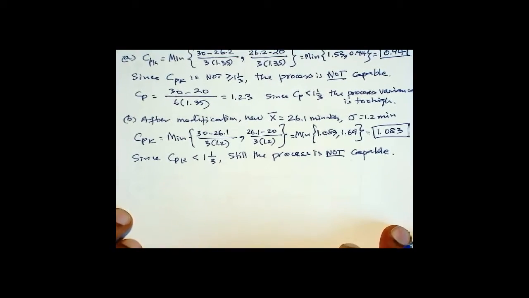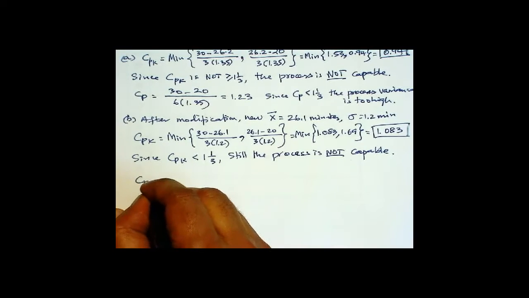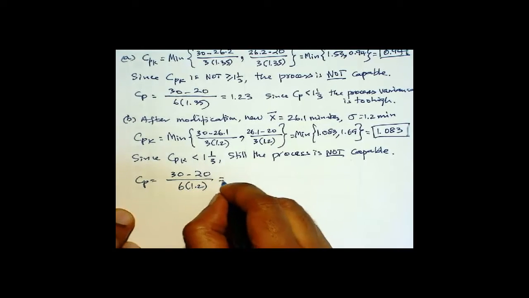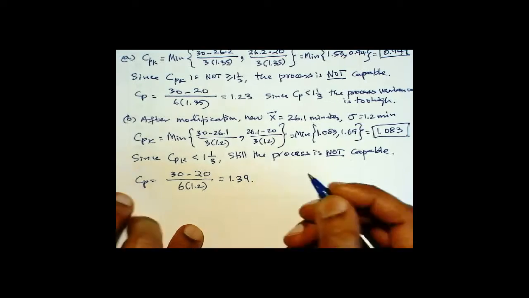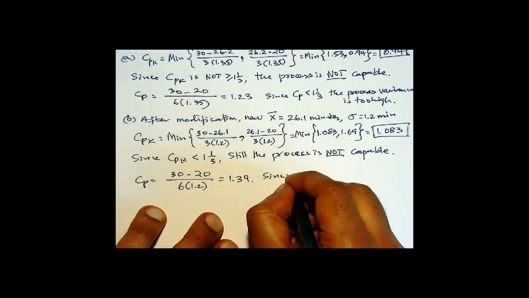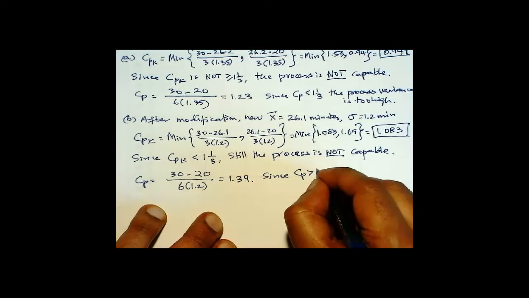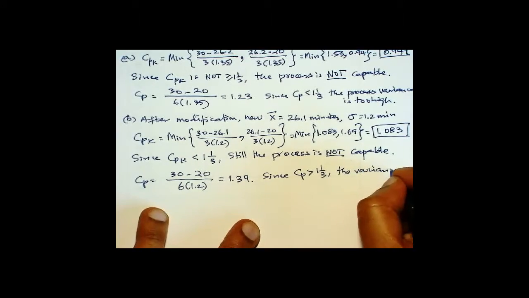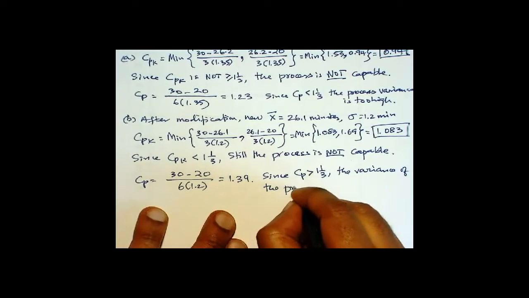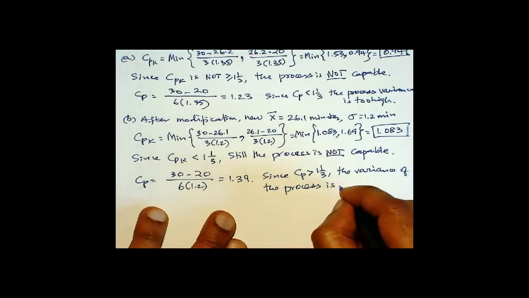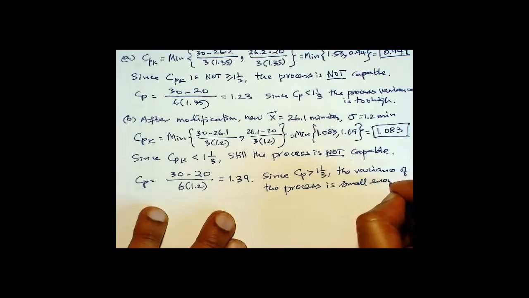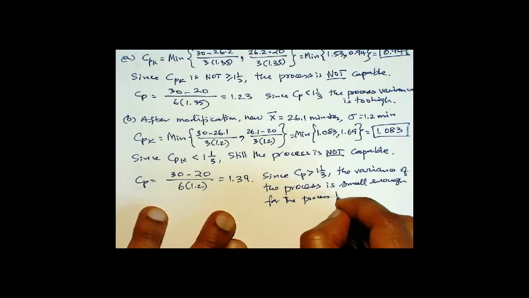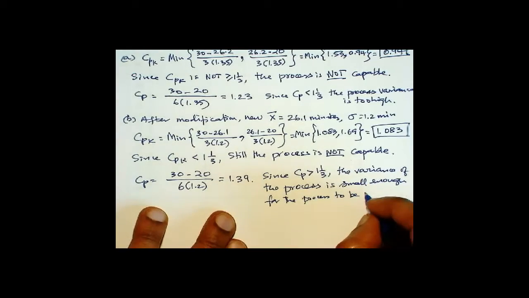But what about C sub p? Did that change, or is that okay? This gives us 1.39. So since C sub p is greater than 1 1/3, the variance of the process is small enough for the process to be capable, but it is still not capable